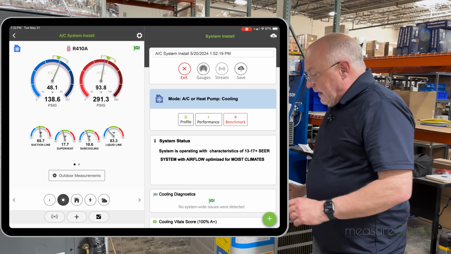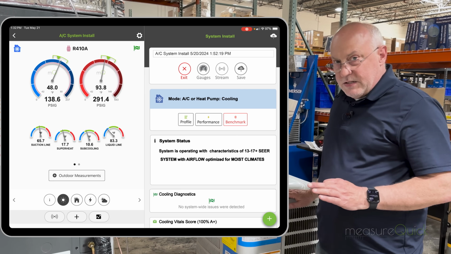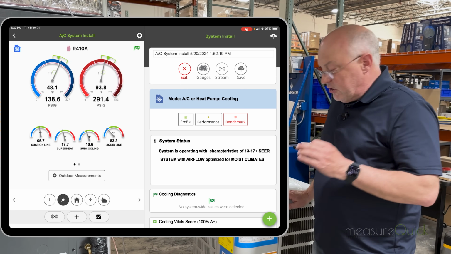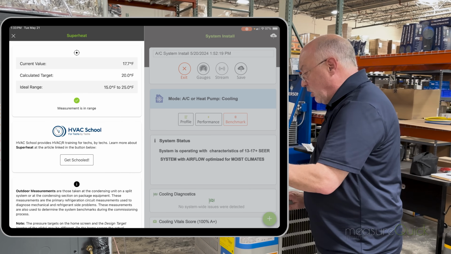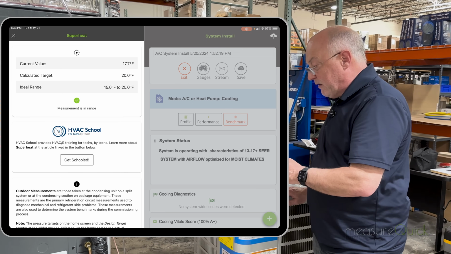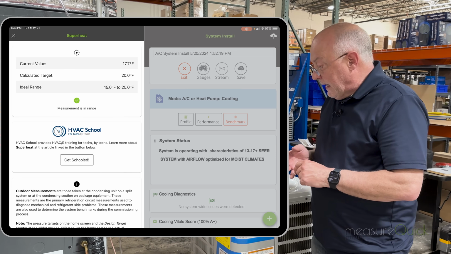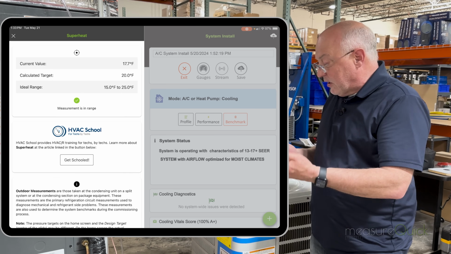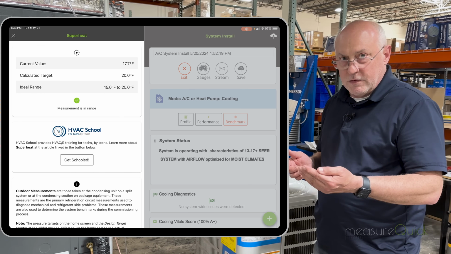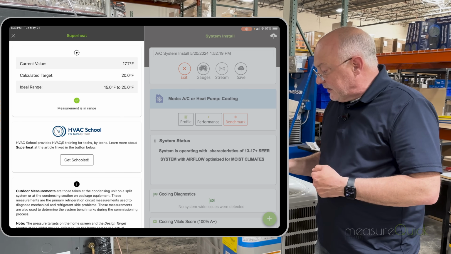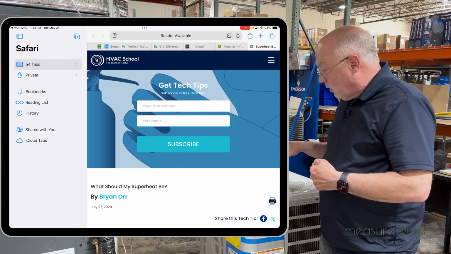Now you can see right here our superheat is within range. Okay, so it's 17.7 degrees is the actual measured superheat. But if I tap on this target, it'll show me my current value 17.7, my calculated target is 20.0. Okay, and so that allowable range is 15 to 25 degrees because it's plus or minus 5 degrees of superheat. If I click on this Get Schooled button, it'll actually walk me out to an article on this,